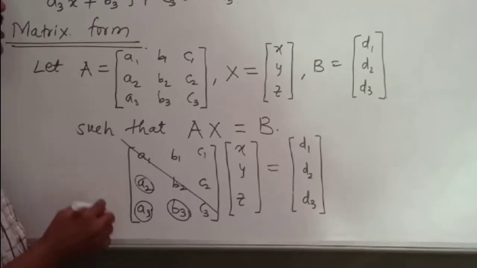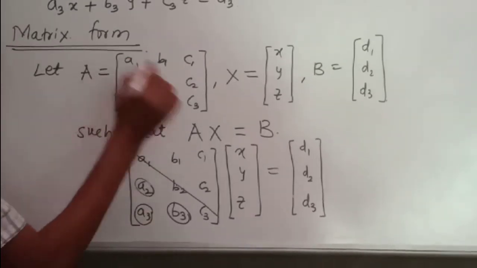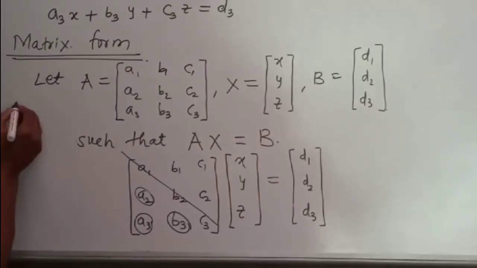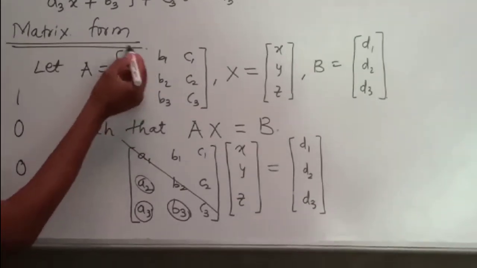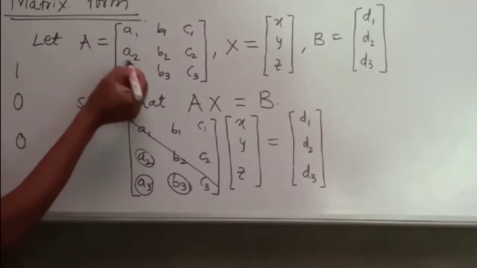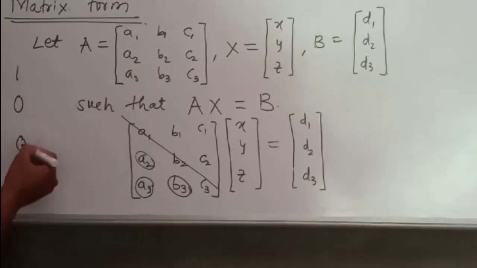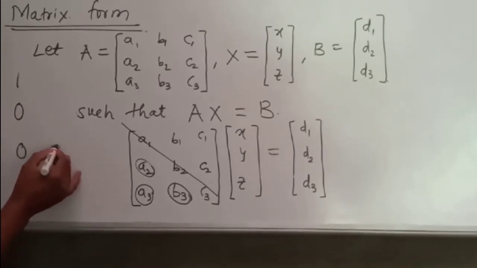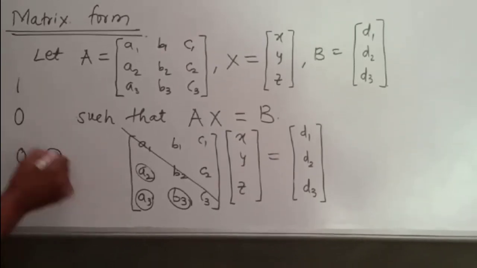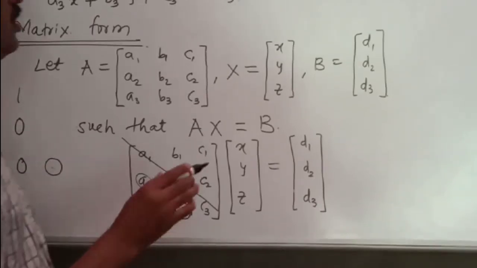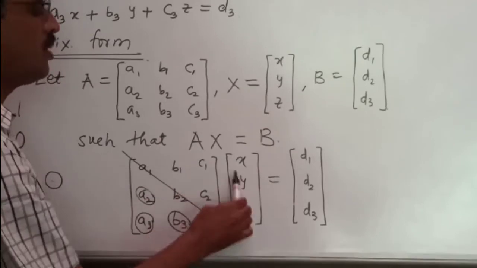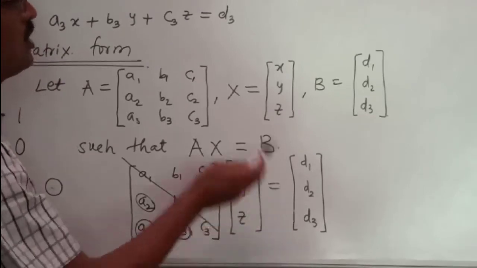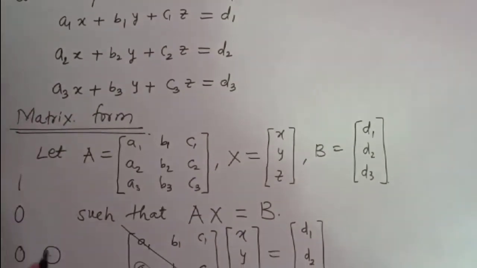which means we have to change the elements above the diagonal to 0. In this method, generally we convert the first column of matrix A into 1, 0, 0, meaning a1 is equal to 1, a2 is equal to 0 and a3 is equal to 0. And then this element, that is a3 2, into 0. Then we get the upper triangular matrix. And then by using matrix multiplication, we multiply this matrix. Then we get three equations. Solving these three equations, we get the values of x, y and z.